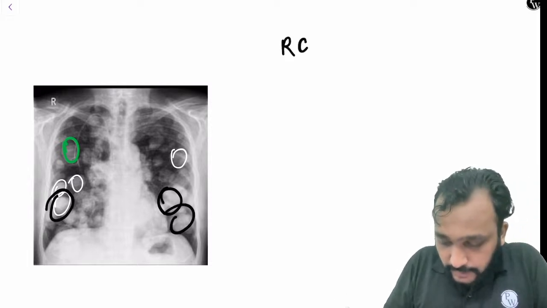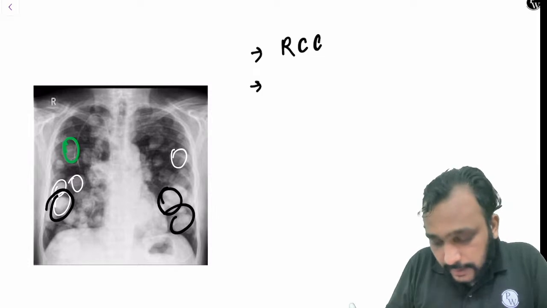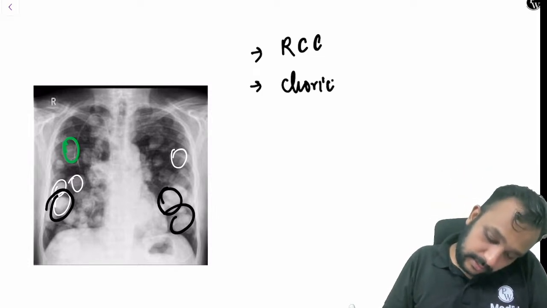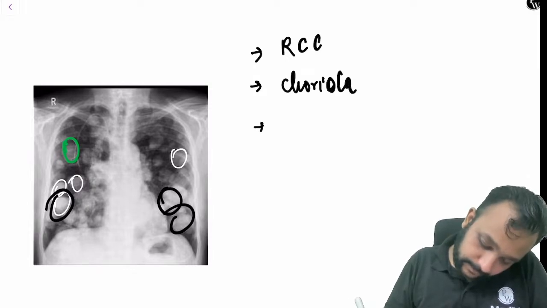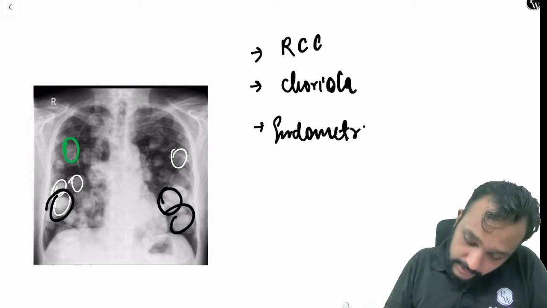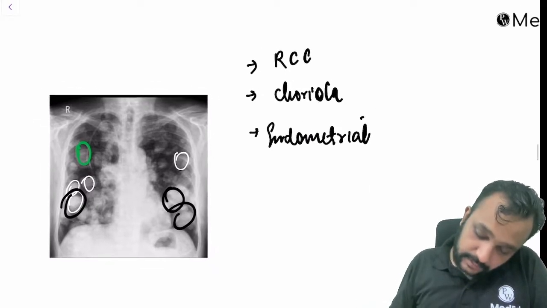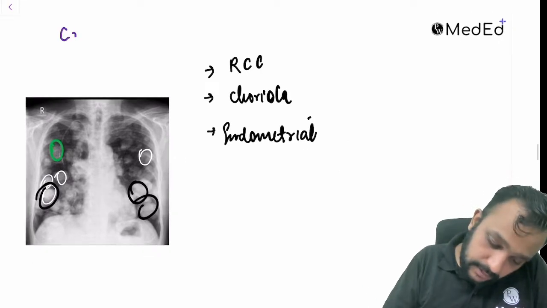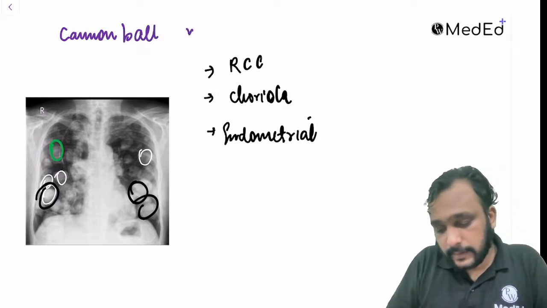So this is associated with renal cell carcinoma, choriocarcinoma, endometrial carcinoma. So these are important tumors which are associated with cannonball metastasis,